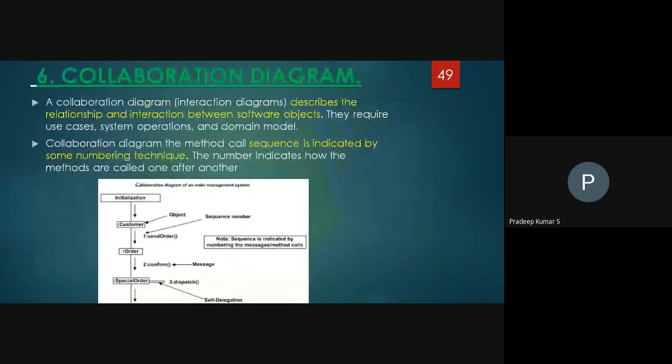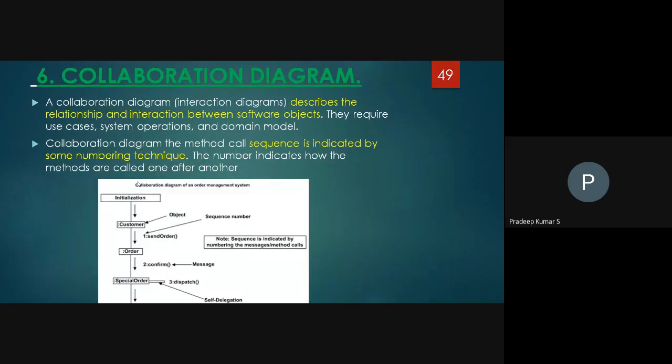Okay, so now in this class, it is the collaboration diagram. There are sequence diagrams and collaboration diagrams. Especially in the sequence diagram, it is the time ordering, that is, the sequence of messages ought to be maintained based on the scenario. When you come to the collaboration diagram, the ordering is based on the object.